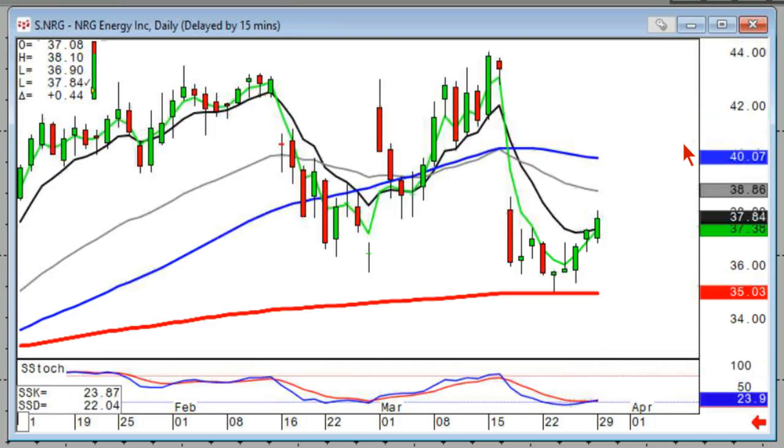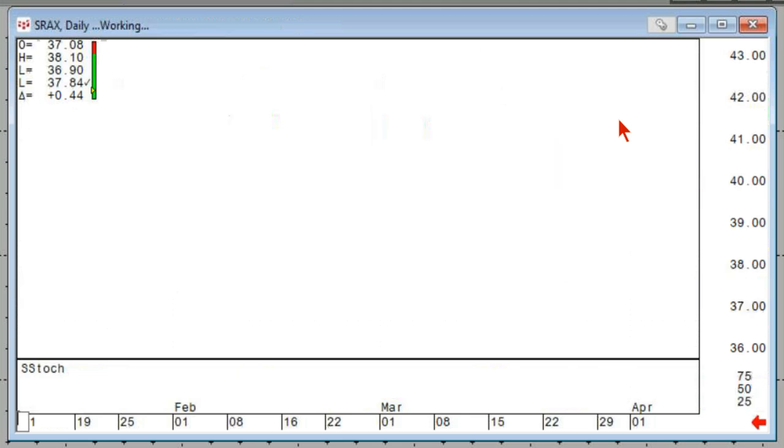NRG, that one, kind of a morning star signal. There's your hammer. There's your inverted hammer. There's your morning star. You could be buying this one. Expectation, it's probably coming back up at least to the 50. And SRAX,